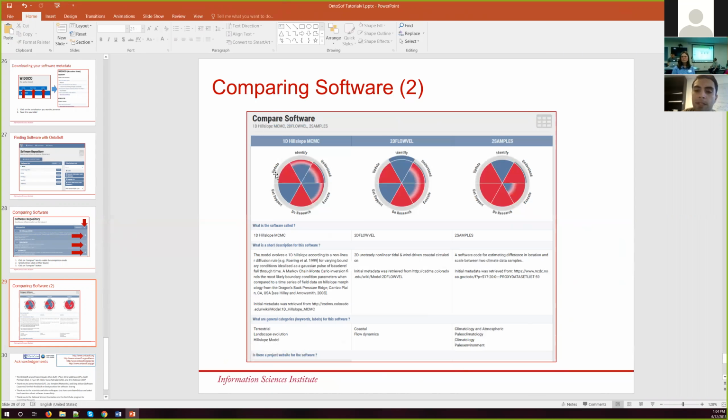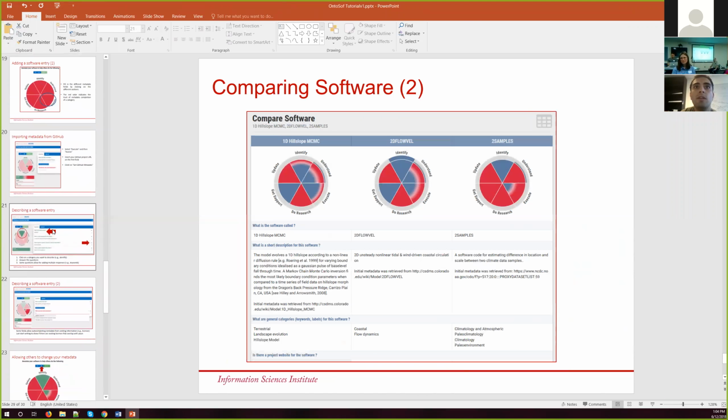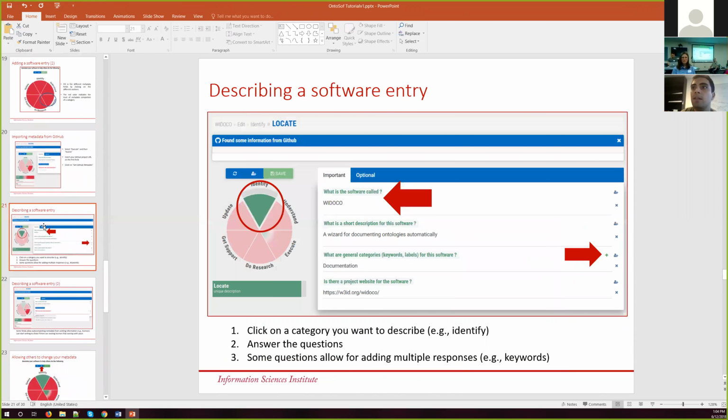And the more blue there is, that means that more metadata is there. And then the outer disk means the optional categories. We have some of the categories that are recommended and some of them are optional. If you go to any software entry here, you see that these are important and these are optional. So